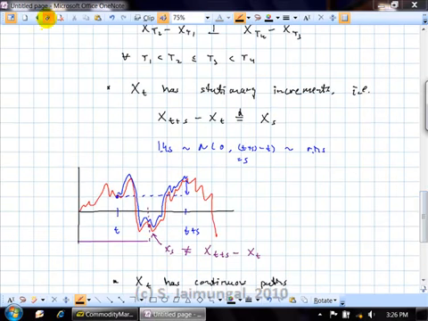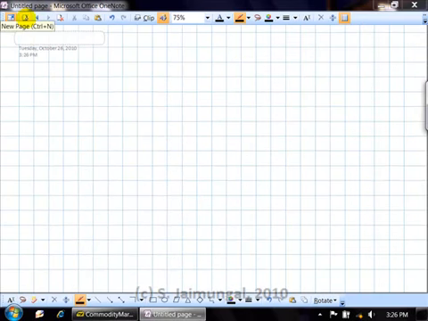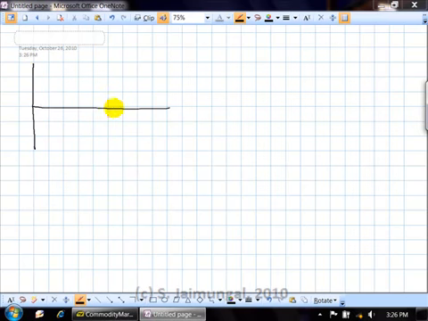Now, we've done a few calculations, and if you look at the website, the problem sets, there's a whole bunch of other calculations that you can try. What I'm going to do now is look at another fundamental property of the Brownian motion itself. And I'm going to tell you something that's extremely surprising, well, it was surprising to me about Brownian motion, and we're going to then try to prove that fact. Okay. So one very surprising fact is if you take a path, just a single path of the Brownian motion,